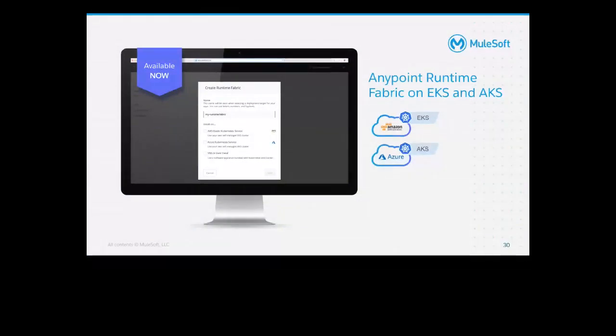So as of, I think, last week, we now provide Anypoint Runtime Fabric on EKS and AKS. Version 1 required you to provide a number of virtual machines to run a, let's say, soft appliance version of Runtime Fabric on, and those machines together formed a Runtime Fabric that would connect into the Anypoint control plane.